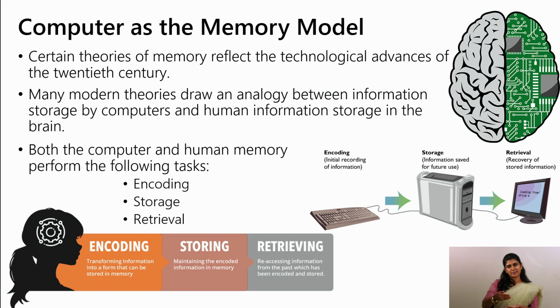The very next step is storage. Once information is encoded, it needs to be stored for future use. Just as personal computers save data on a hard disk for later use, our memories are stored in various forms within our brains. This storage can be either temporary or long-term depending on how we process the information. For example, short-term memory holds information for a very brief period of time, whereas long-term memory retains it for an extended duration. For example, your address.